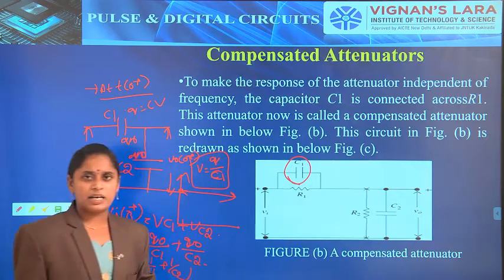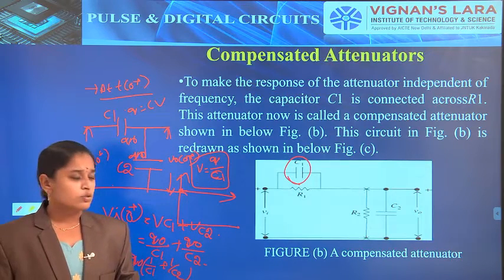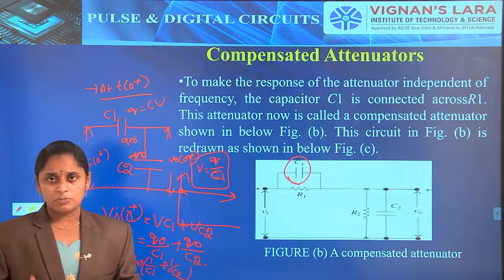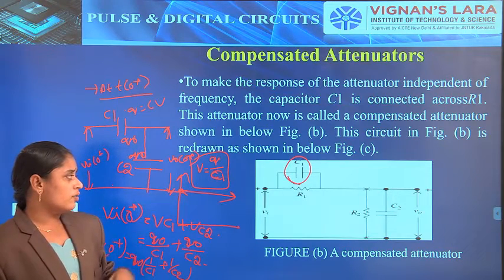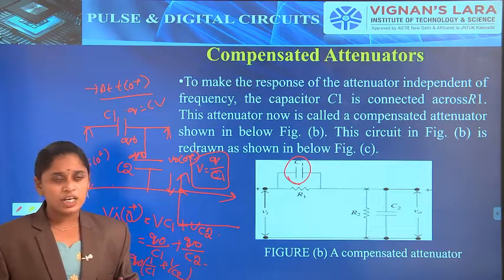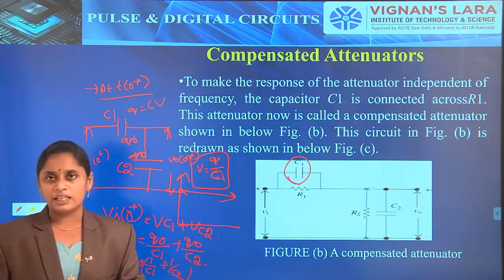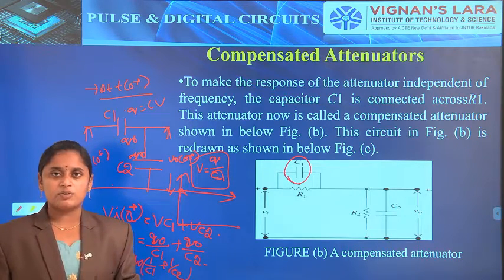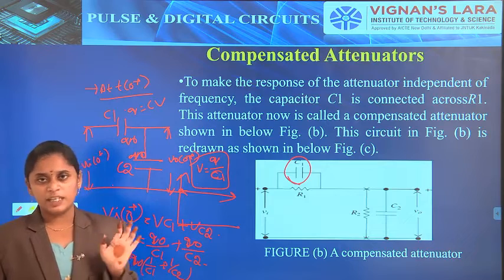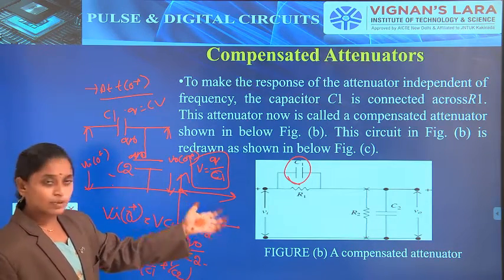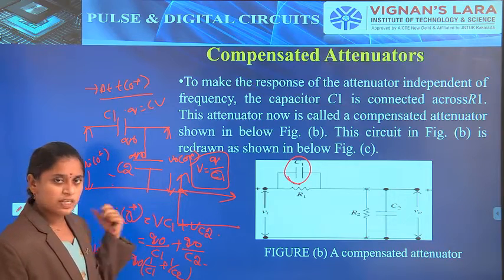Because a positive voltage is given, the capacitor starts charging, and after completion of the charging it becomes short circuited. Then C1 and C2 become short circuited and store some energy, and the R1 and R2 terms will be neglected. Why? Because C1 and C2 are short circuits. We have to realize the circuit at the t equal to 0 plus condition.